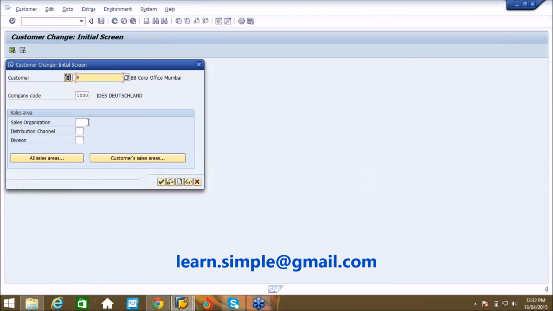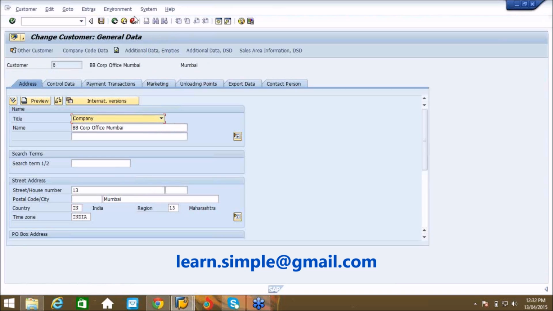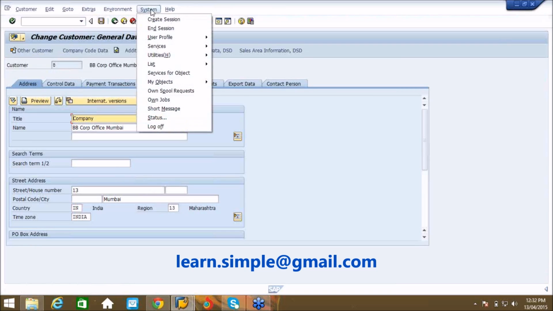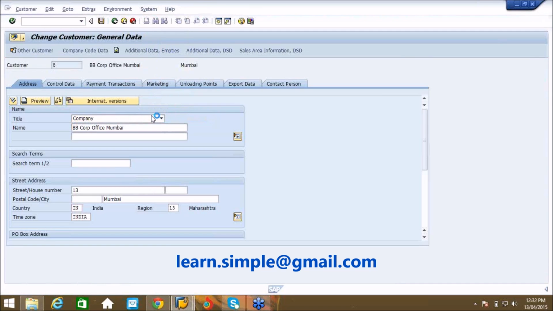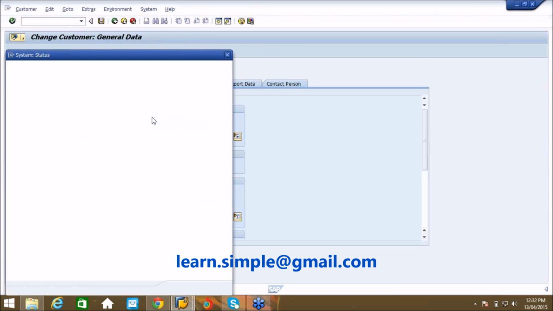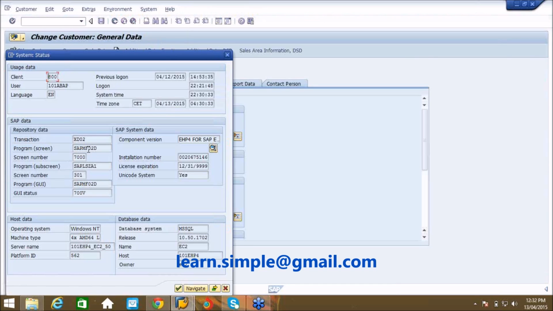We'll go inside this and let us go to the system status to find out the program name of this particular transaction. When I go to the system status, I can see the program name here. Double click on this.